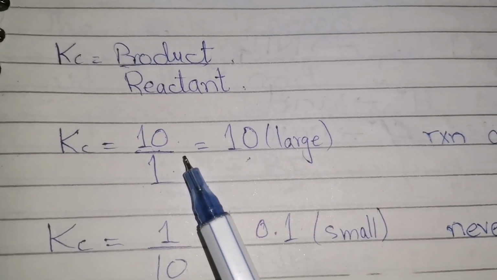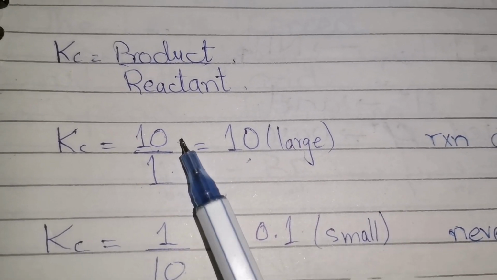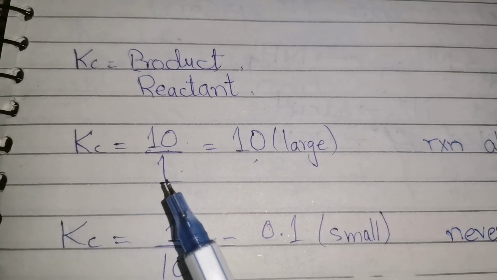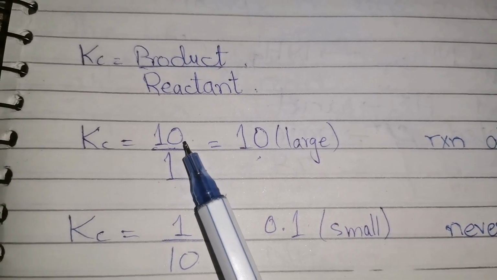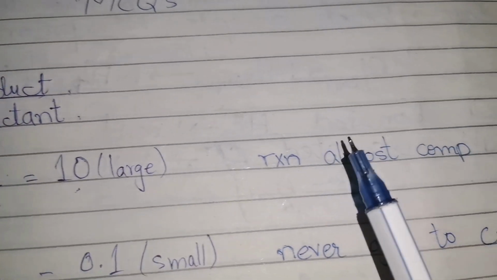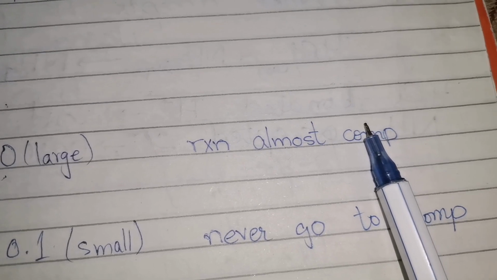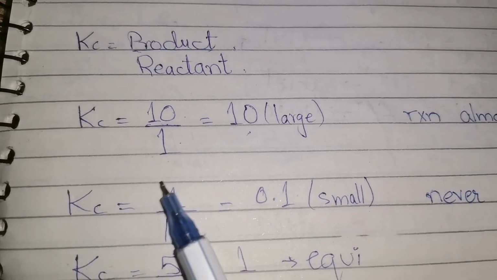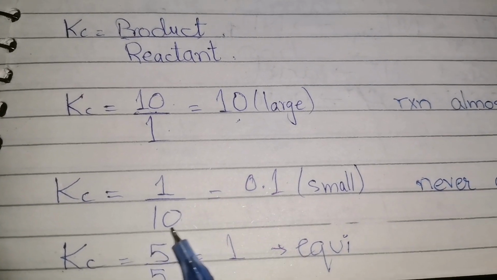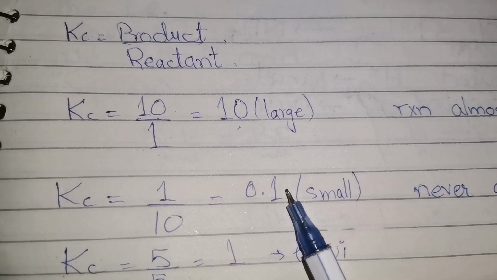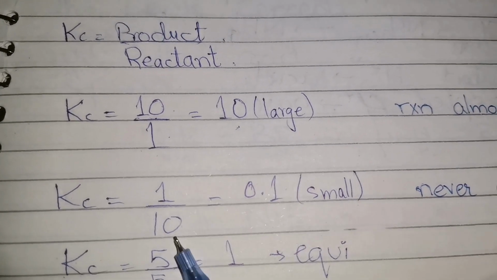Now, have a look over here. We see here that the product formed is 10 and the reactant is 1. It means that almost all the reactant is converted into product. It means that the reaction is almost complete. When the product is 1 and the reactant is 10, we get an answer of 0.1. In this case, we can see